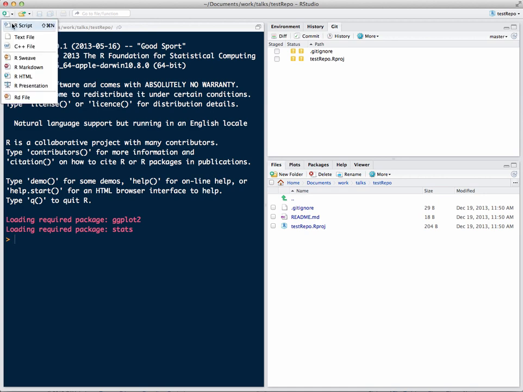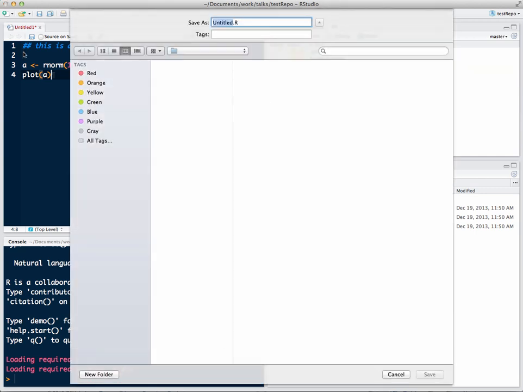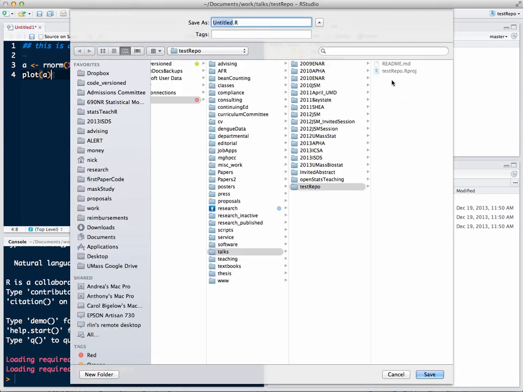but let's say we wanted to create a new file. I want to create a new R script. I could say this is a test script, and we say a is rnorm 100, and then plot a. So just two really simple commands. I'm going to save this, and it tells me to save it right here,